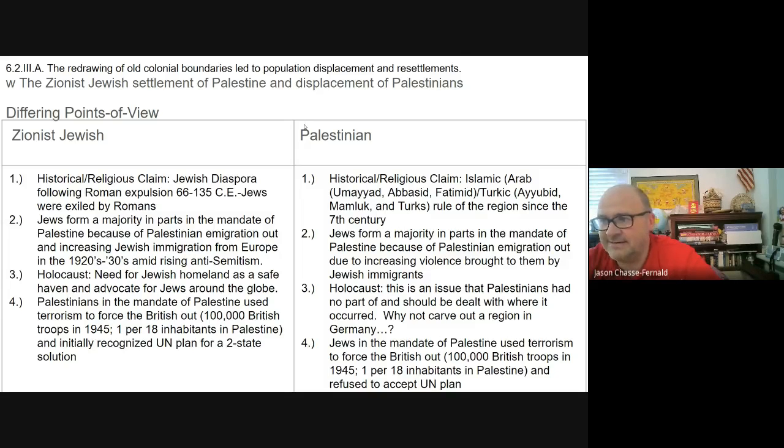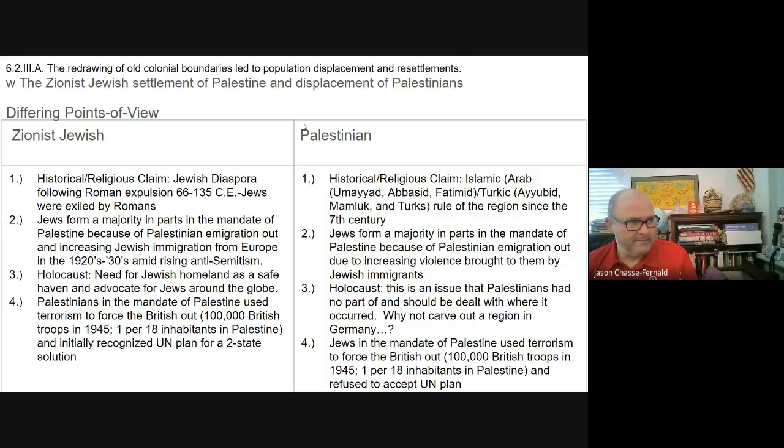Mamluks as of 1260, and then the Ottomans in the early 1500s, and then from the Ottomans up to World War I, the British will control the region. So there is a historic religious claim that goes back 1,300 continuous years, up until the moment of partition. A second category of analysis that you'll often see is the land acquisition